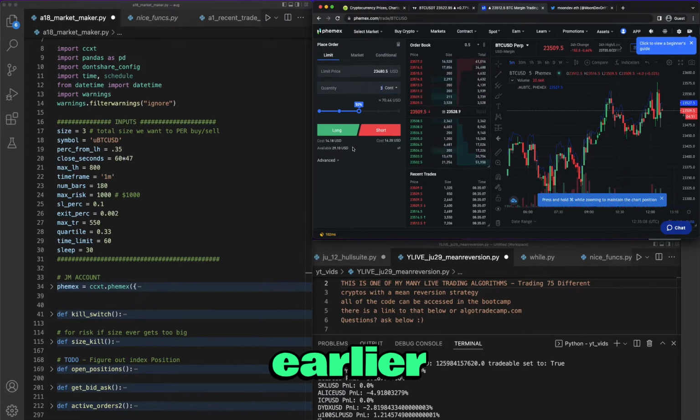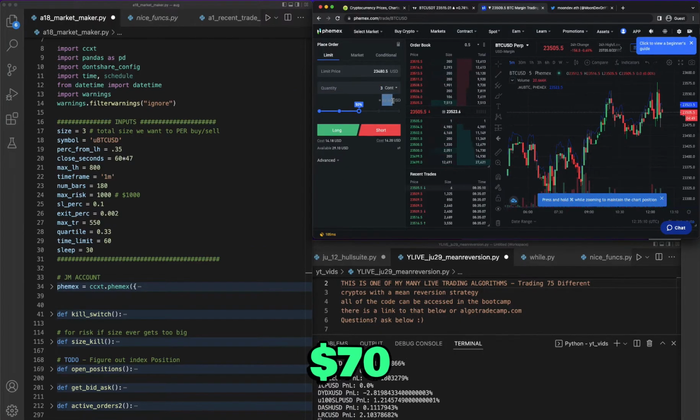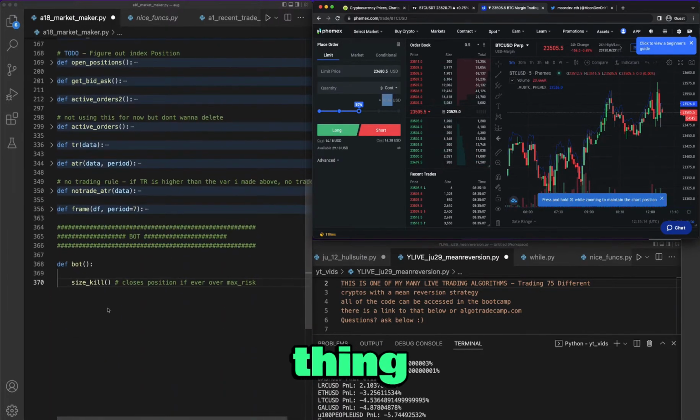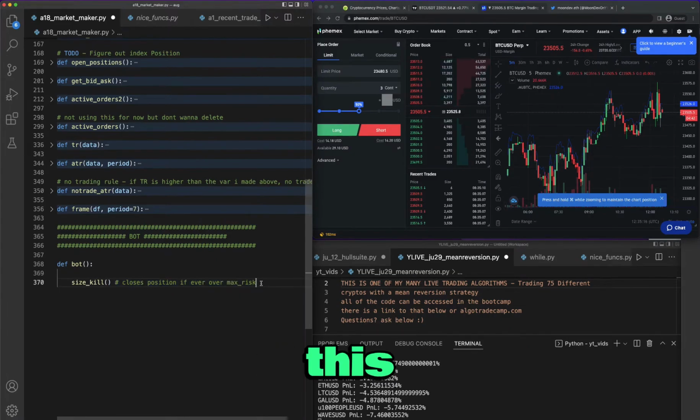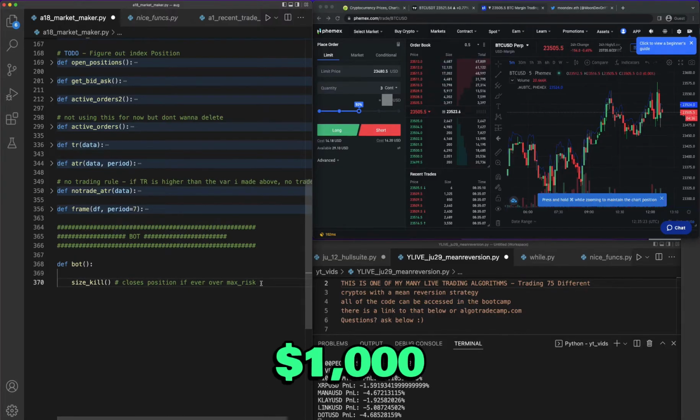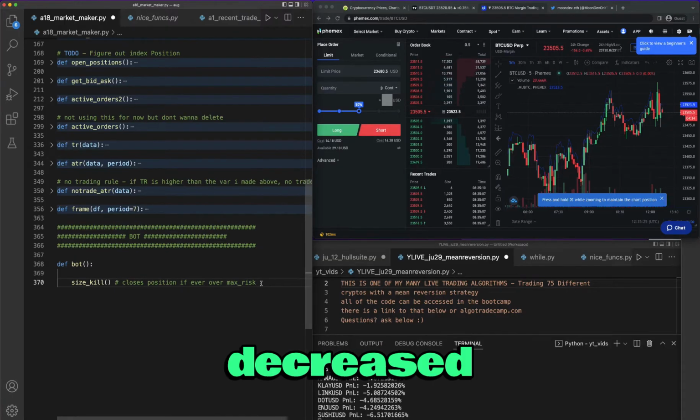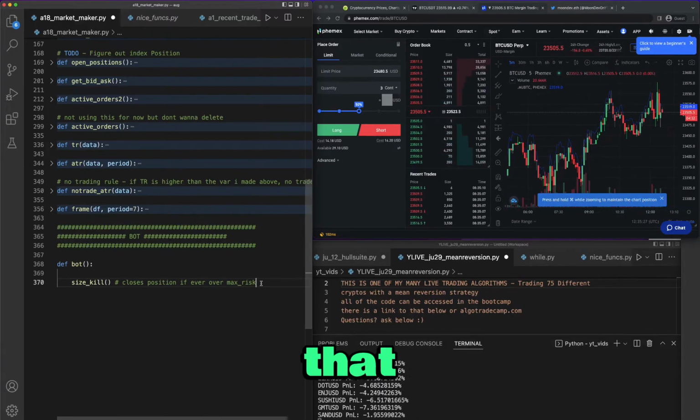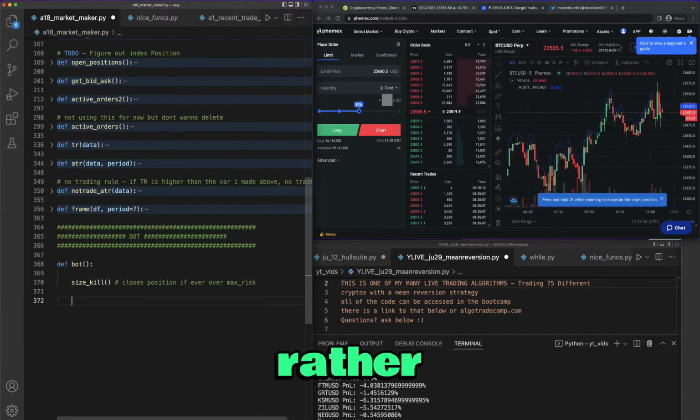Like I said earlier, these trades are only going to be like $70 worth, but the reason I have that, the first thing it does, is because we're going to loop through this every 20 seconds. And if it ever sees my max open position over $1,000, and that can be increased or decreased, whatever, it's like, get me out of the market because something's gone wrong. I don't want to risk more than that on one trade. I'd rather have 10,000 trades at $500,